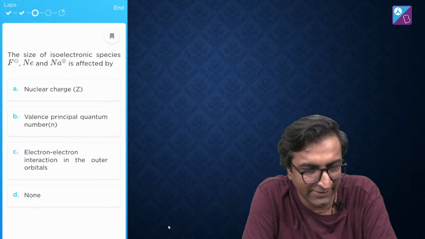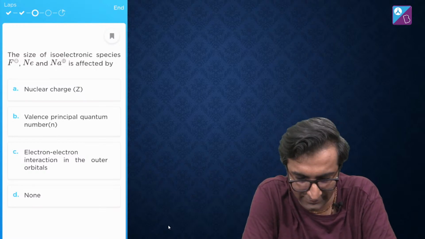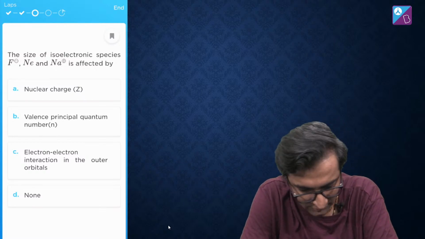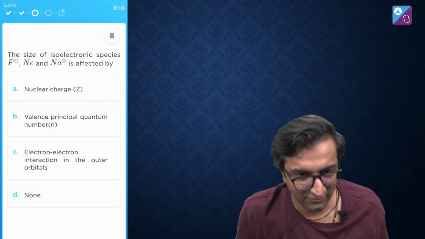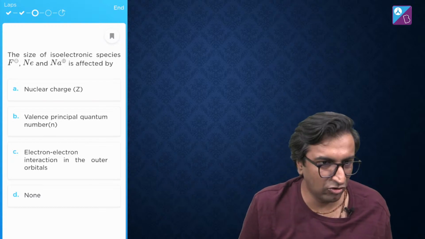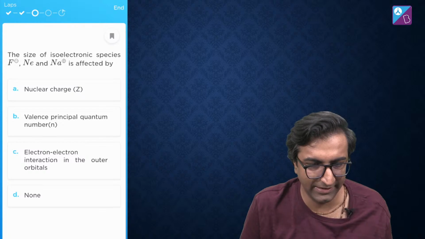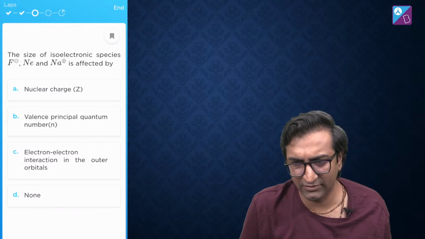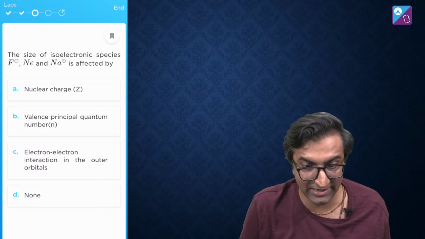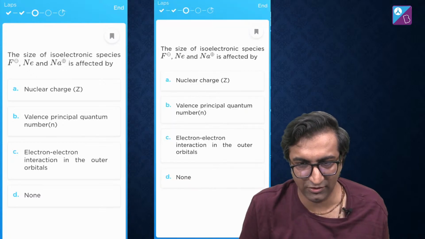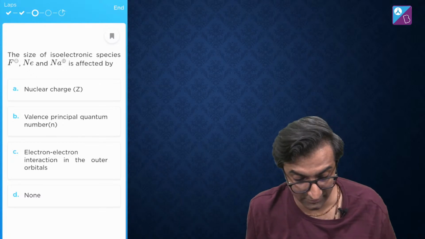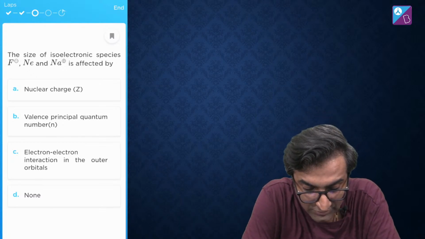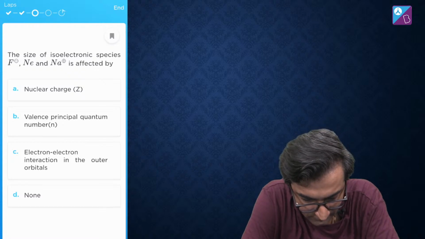It's B minus. Why is it B minus? A says it's B minus. Why? Give me the logic. Why? I will accept logic. And I've given you logic as to why it should be beryllium minus. Because beryllium already has the s2 configuration. Adding another electron to it, it doesn't like it very much. Fully filled. It adds an entire shell, guys. Not shell, sorry. It adds another orbital. The size of isoelectronic species is affected by